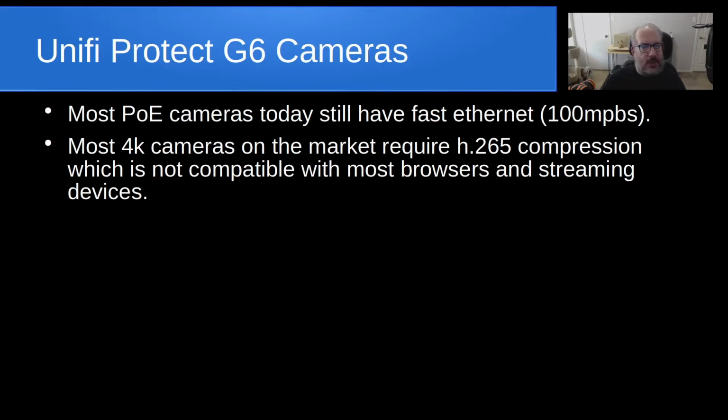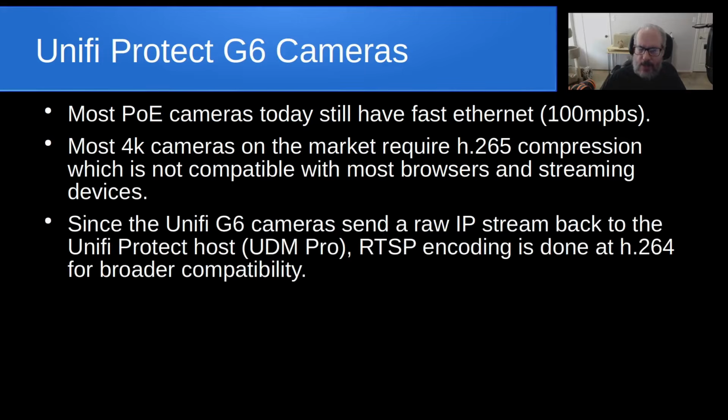and H.265 compression basically has double the compression that the more common H.264 has. However, H.265 is not compatible with most browsers or streaming devices, which makes working with them somewhat problematic. And I've had a couple of videos in the past where I have demonstrated that and discussed that to some degree. So since the Unifi G6 cameras send a raw IP stream, or rather all Unifi cameras for that matter,